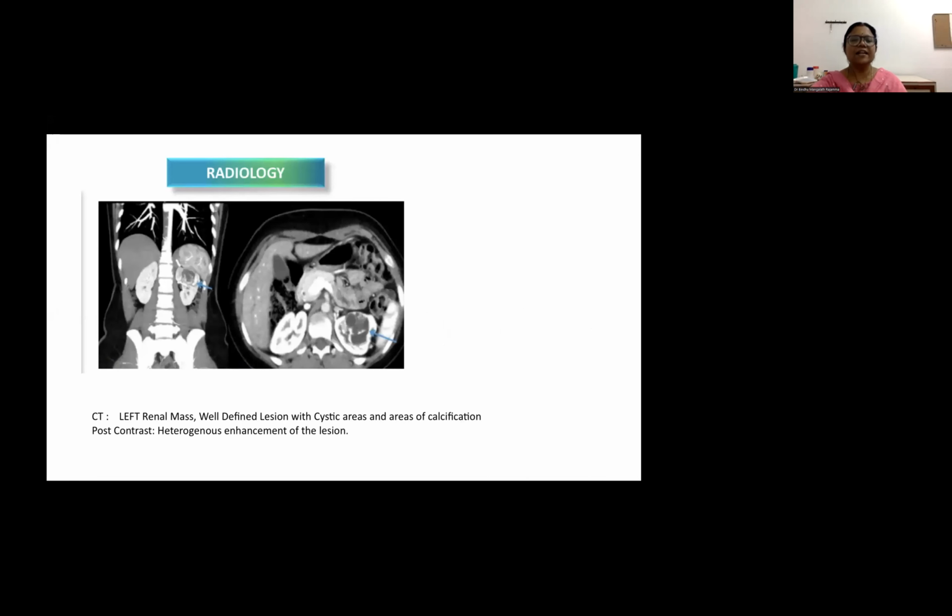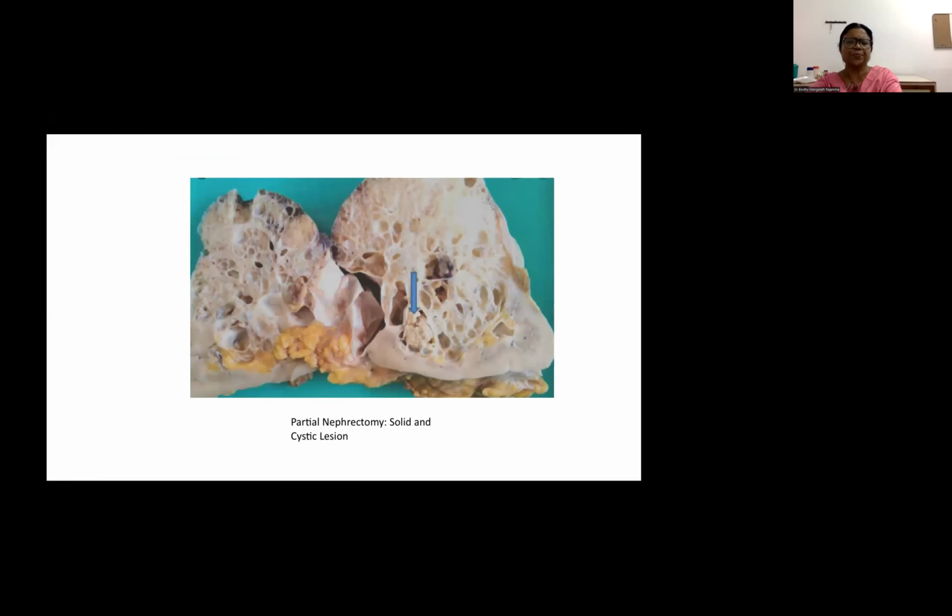And the CT done in our institute also confirmed that there was a lesion in the kidney, which showed cystic areas and also areas of calcification and heterogeneous enhancement. And since it was a small renal mass, any renal mass which is less than 4 centimeters qualifies to be called a small renal mass, the child was subjected to a partial nephrectomy. And this is the gross that we got in the department. As you can see, this is as